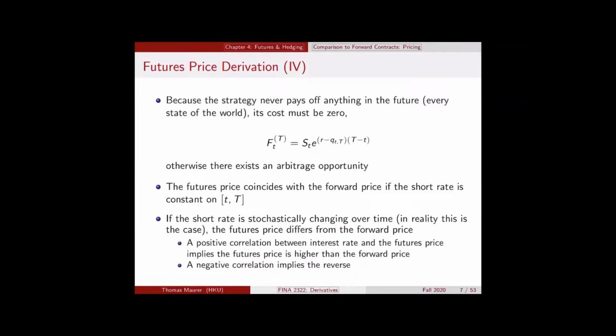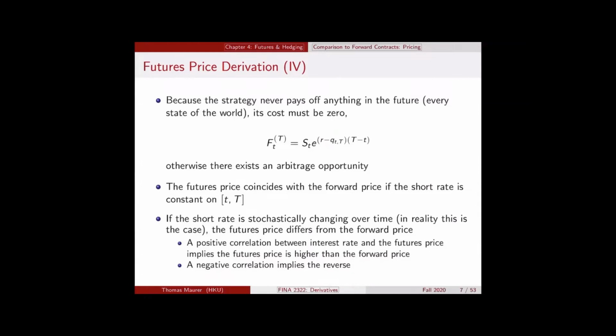Notice that we also can derive the same formula where the futures price takes the same form as the forward price if the interest rate is stochastically changing over time, so meaning that the interest rate randomly can increase or decrease, as long as these changes in the interest rates are uncorrelated from the changes in the futures price. Now, it turns out that if there's a positive correlation between the interest rate and the futures price, then the futures price will be higher than the forward price. To understand this,